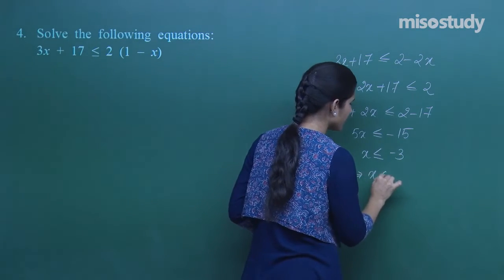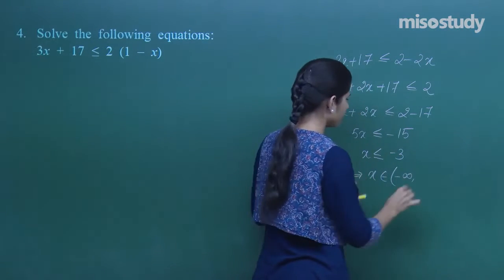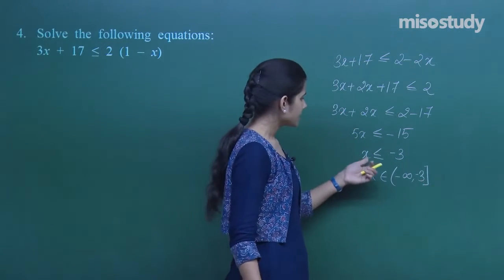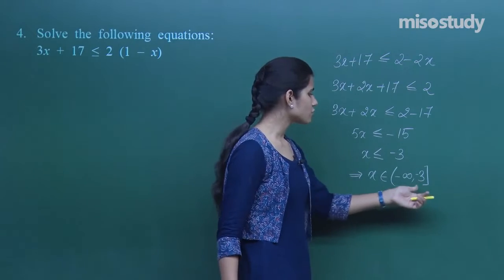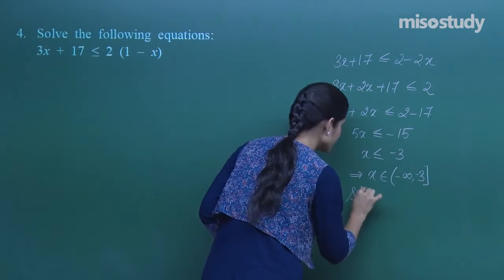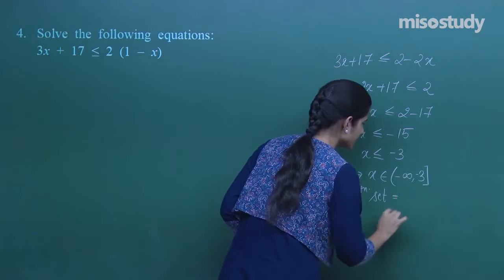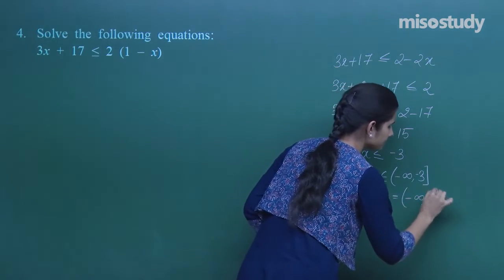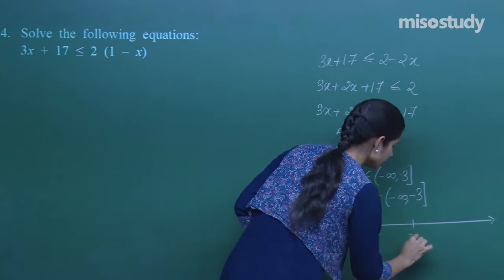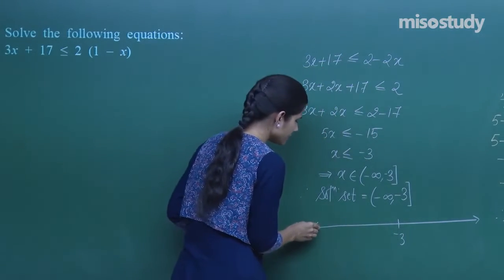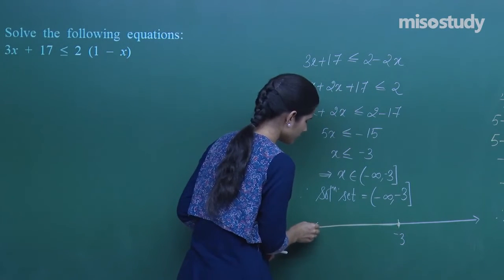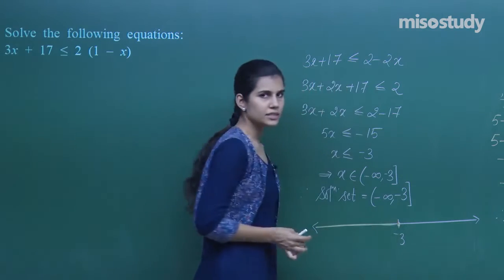This implies x belongs to minus infinity to minus 3 closed. X is less than or equal to minus 3, that means x belongs to minus infinity comma minus 3 closed. Therefore, solution set is this only. And on the number line, if you wish to plot it, you can do that. Say this is minus 3, then from minus infinity to minus 3 included is the representation of the solution set